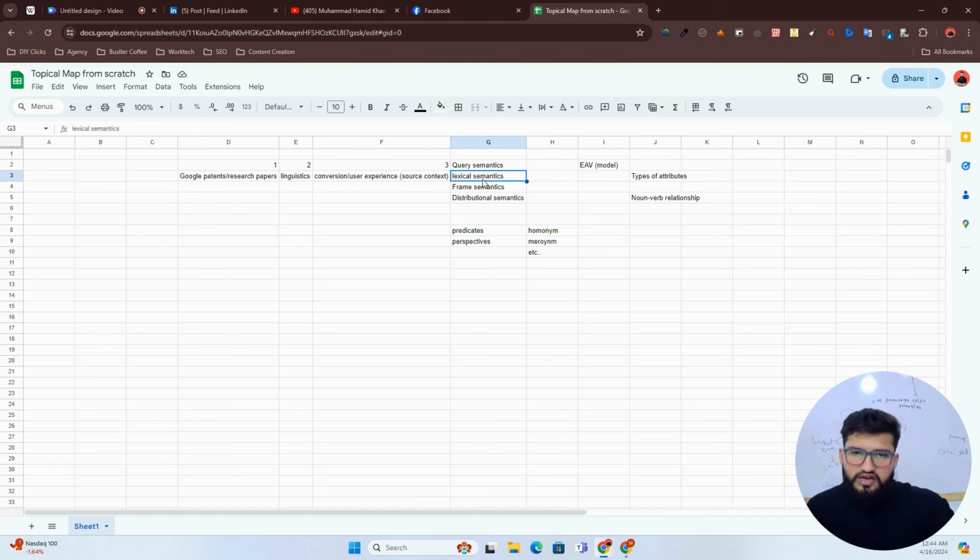Linguistic stuff as well, like lexical semantics and frame semantics, mainly comes from linguistics. So I always recommend my students to learn linguistics, like applied linguistics, computational linguistics and the NLP part: how language relates to machines, how language is a mediator, or you can say a connector, between human language and a machine, and how a machine understands the language, the text, and extracts meanings and contexts instead of words.